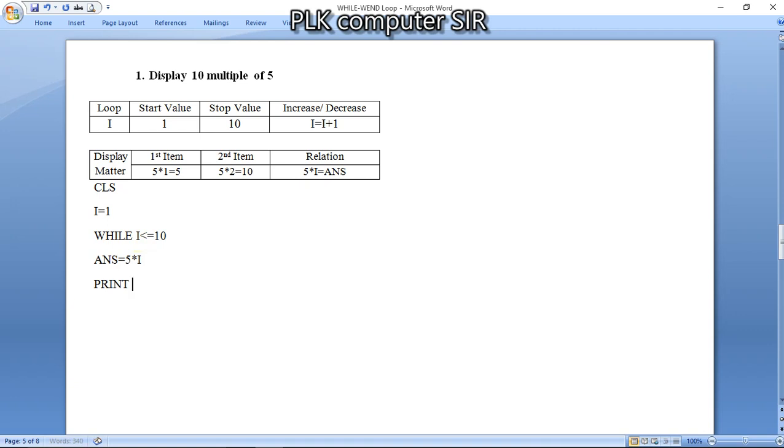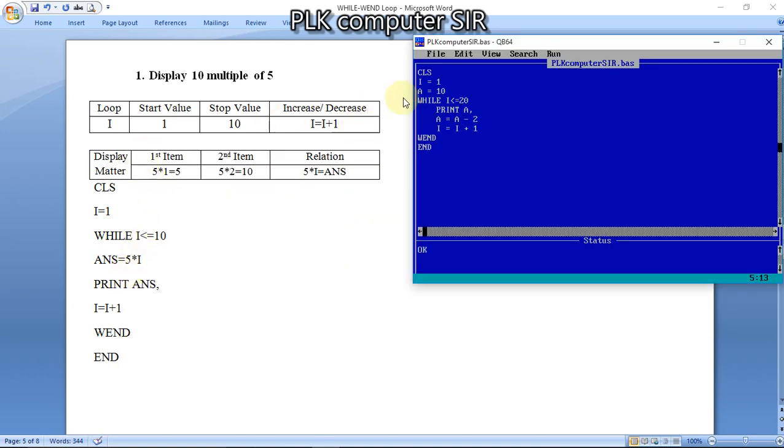So print answer, I will use a comma, then the value of I should be increased by 1, while condition closing, terminating the program. Now I am going to run the code.